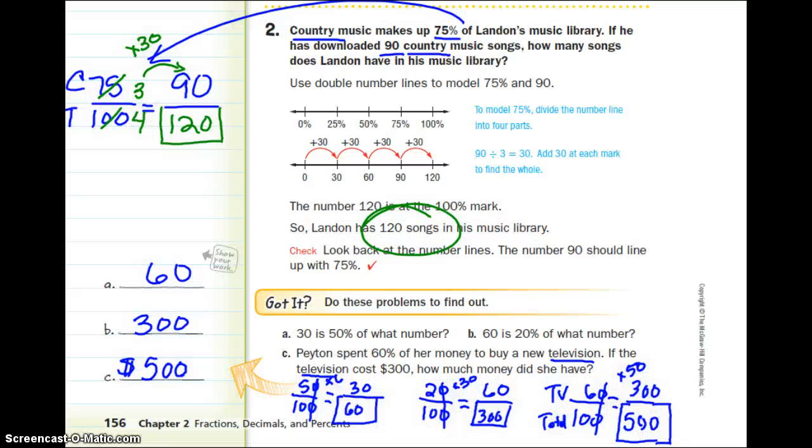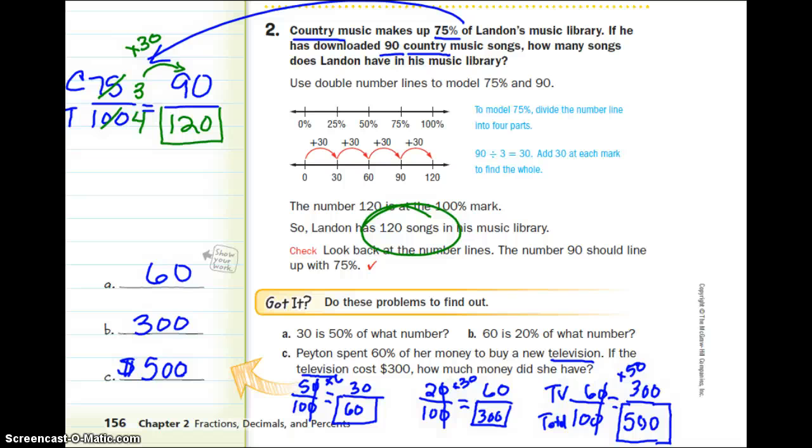Pause the video. Did you get what I got? I got $6,300 and $500. And again, I set up proportions, and then I simplified, and then I looked for the relationship. In number C,